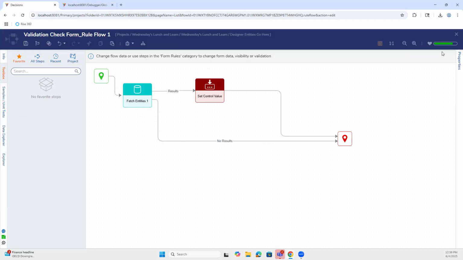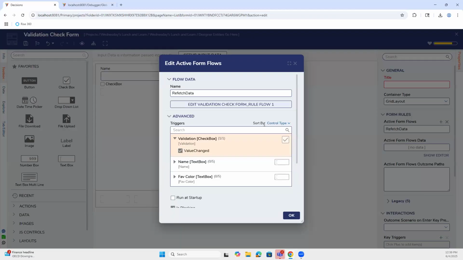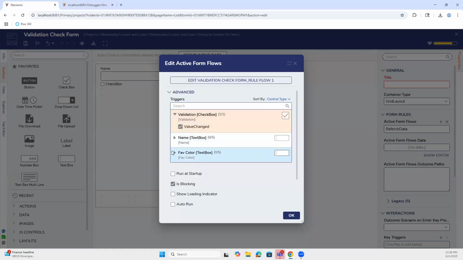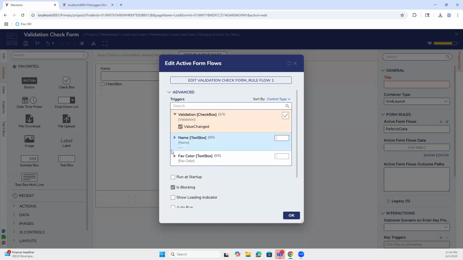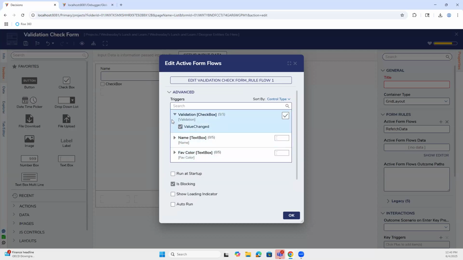Let's actually change it, so there's no default trigger that runs on this. These are all text boxes and validation controls that trigger it to run. I don't know this one off the top of my head, I'll be honest,